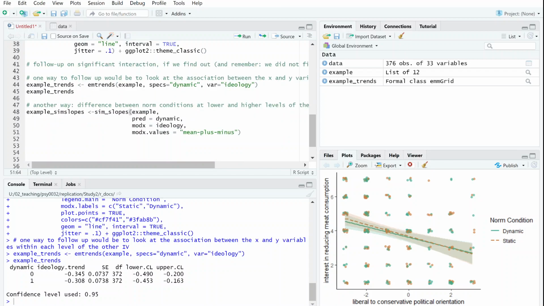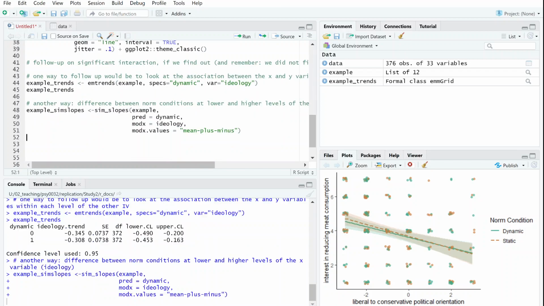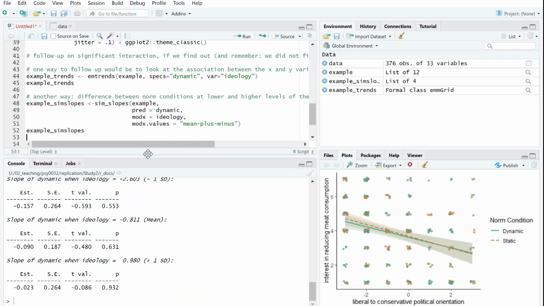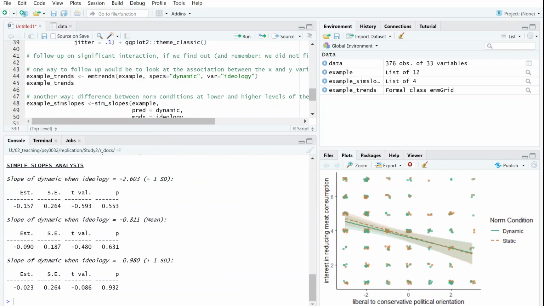Okay? And when I run this, you'll see that I end up with something called example_sim_slopes here in the environment. And if I want to summarize it, I can just select the name of that object, and I'm going to make this window a little bit bigger so we can see everything in the console. Here we have the simple slopes analysis. So what it's doing is saying, okay, at one standard deviation below the mean for political ideology, in other words, a value of minus